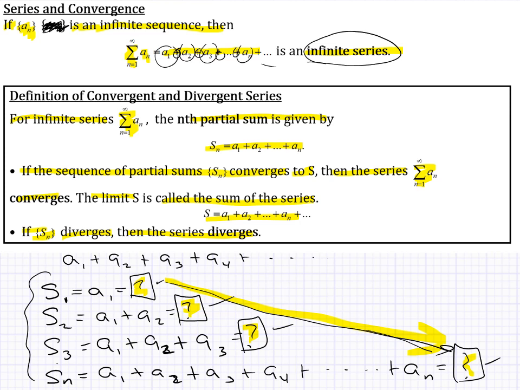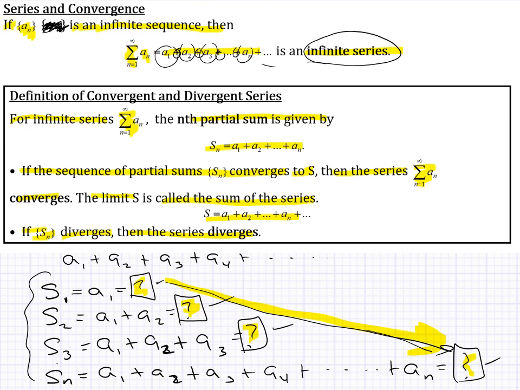So we're using what we know about sequences to help us determine the sum of an infinite series. And not only that, the other good thing about this is whatever this sequence converges to, that's what the series will converge to. Now this should make a lot of sense just using your basic common sense here.